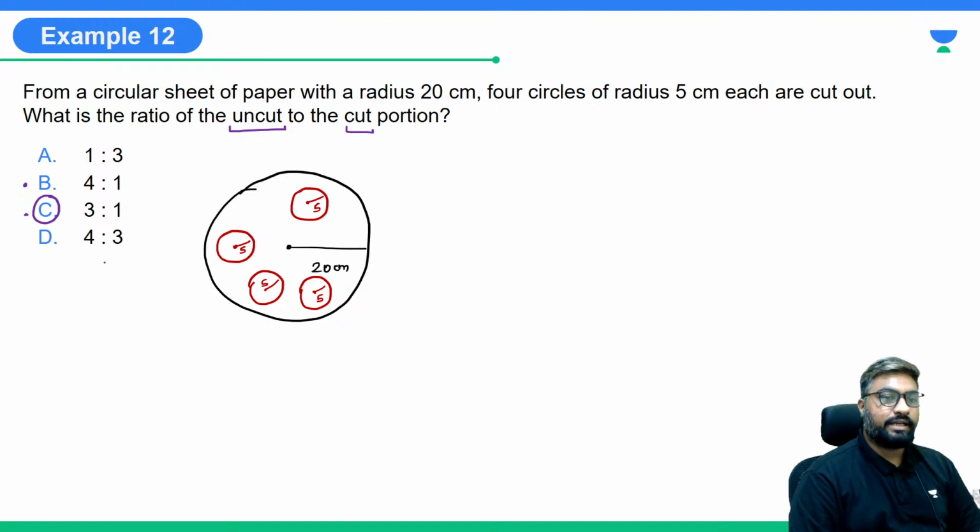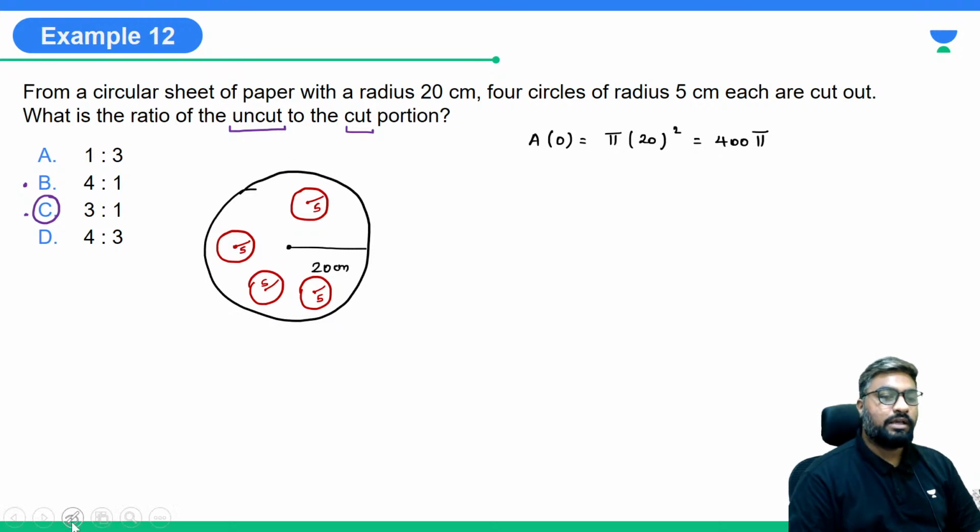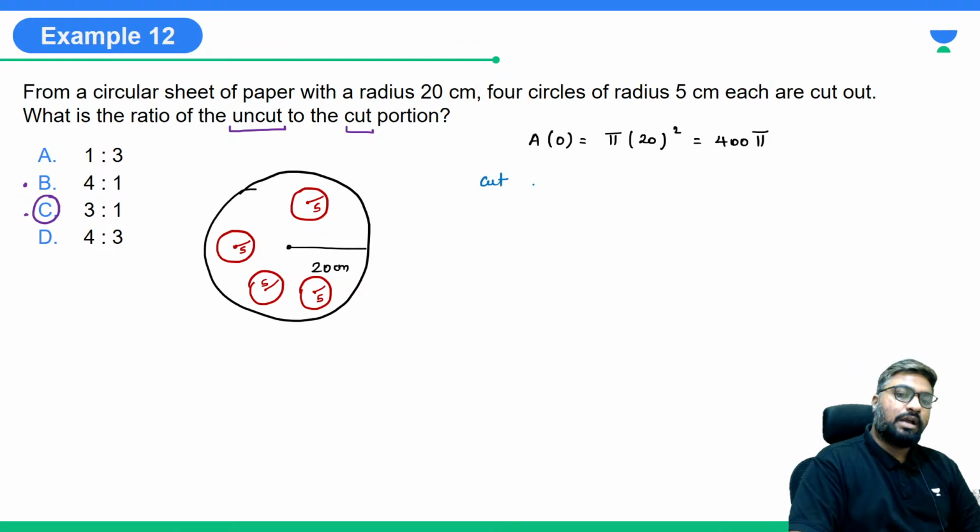Yes, ऐसे ही correct. So what do we have? Look at this. Full बड़ा वाला circle, पूरा बड़ा वाला circle. So area of the bigger circle is going to be what? Pi r square, where r is 20. So 20 square is 400. So 400 pi is the area of the बड़ा circle. Okay. इसमें से cut वाला portion,